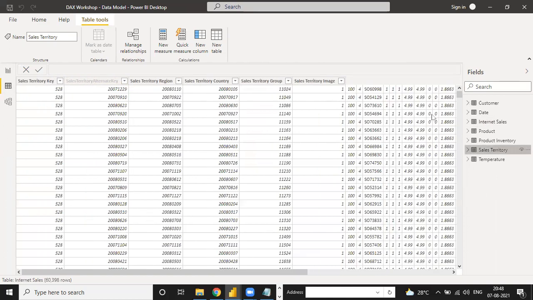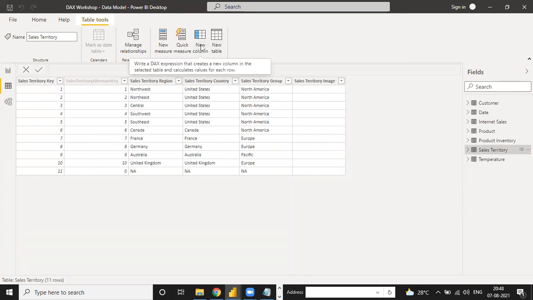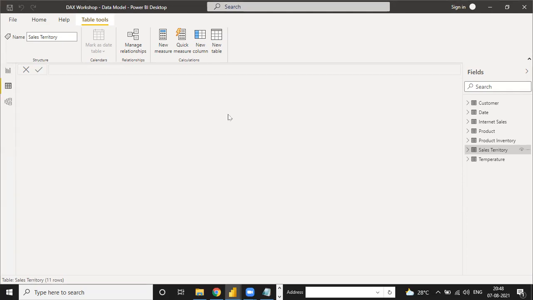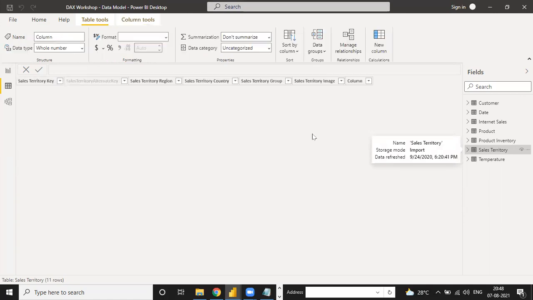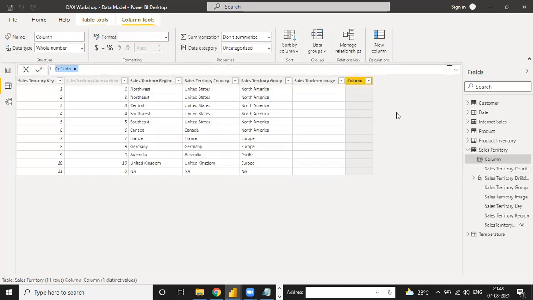I will tell you, add a new column. Here also we want a VLOOKUP from the internet sales table, because the total number of transactions is only in the internet sales.